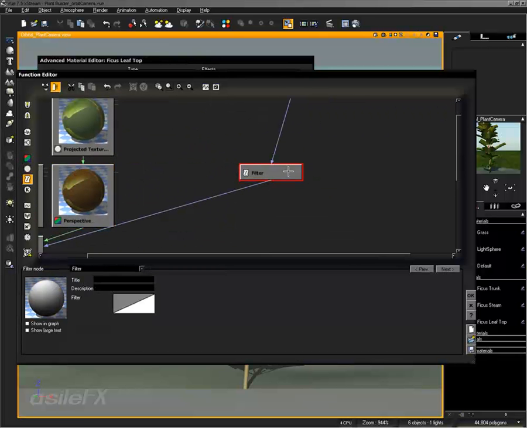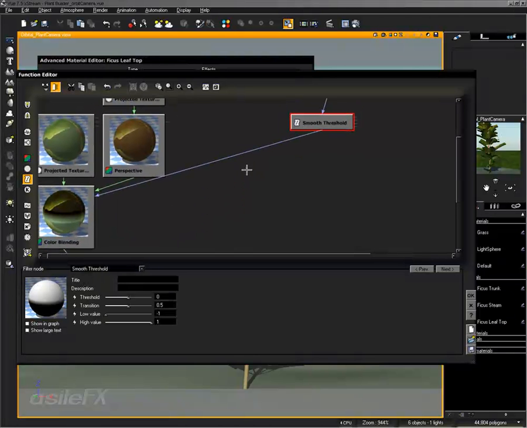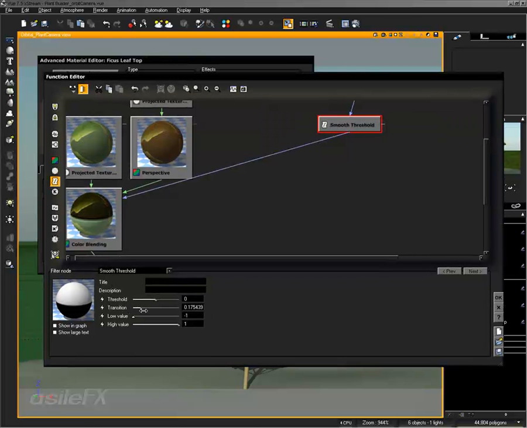Right now it's just a basic filter. What I do want to use is the smooth threshold. You could also use the threshold. The only problem is that leaves aren't always necessarily going to be perfectly straight up or down. And if they are drooping, you're going to get a very harsh cutoff between the two areas where it starts to blend. So the smooth threshold gives you a gradient so you can basically manipulate